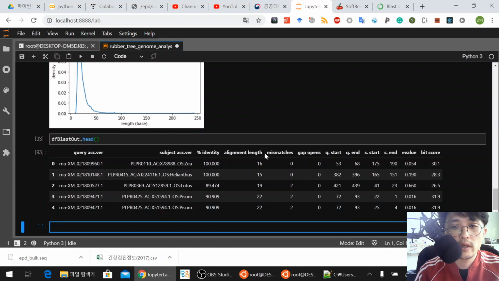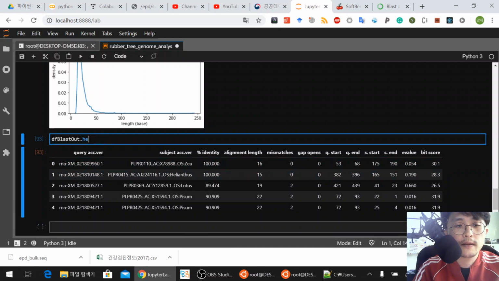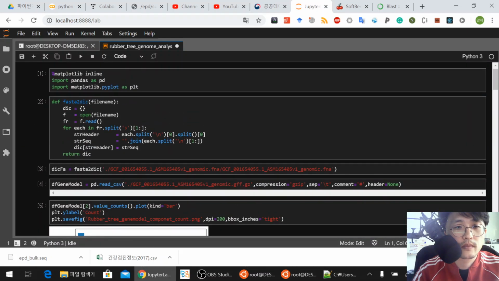So let's extract the sequence. So query start and query end, subject start, subject end. So this is the BIOS, right? So this is the BIOS. So we can use data. So we have a dictionary for query. However,